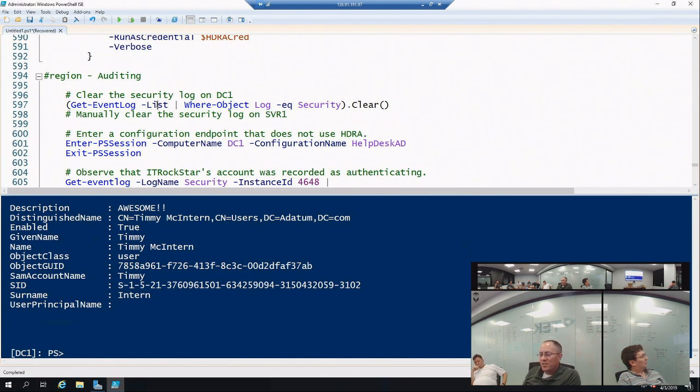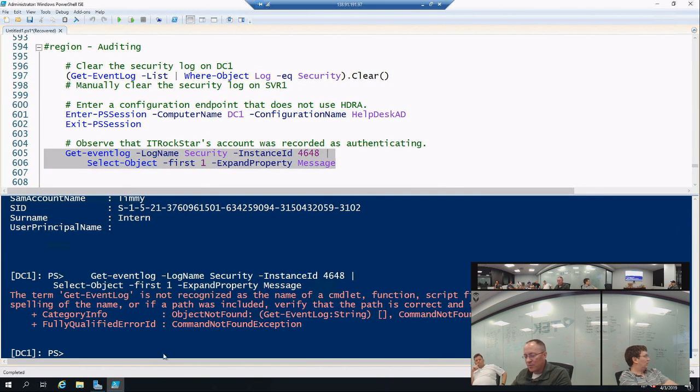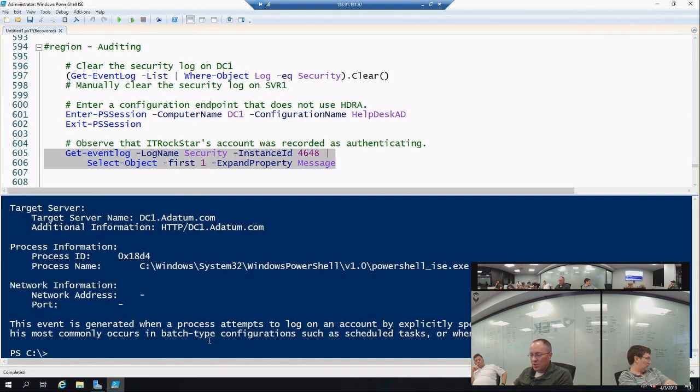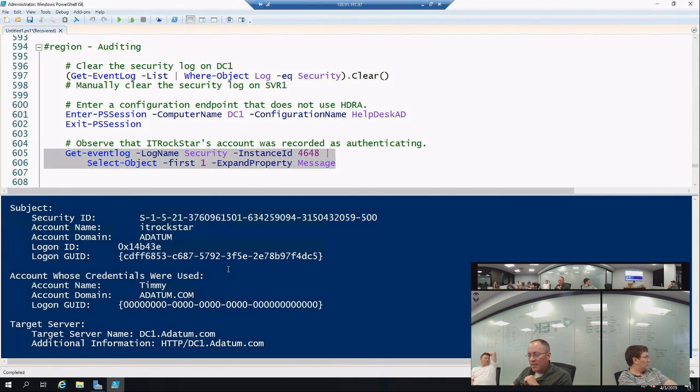Who's Timmy or HDRA? Well, I'm just going to go ahead and run this right here, and we're going to find out. Oops, I have to jump out of it. My bad. Exit. Because I am on this machine, and let me see here. Timmy, even though